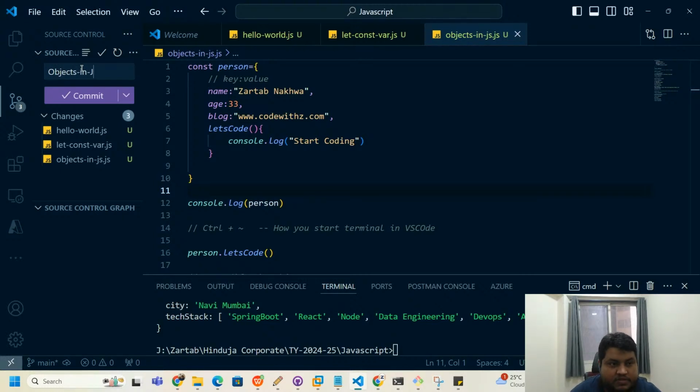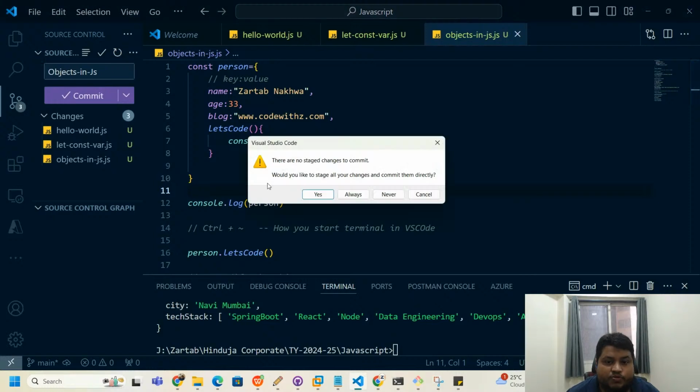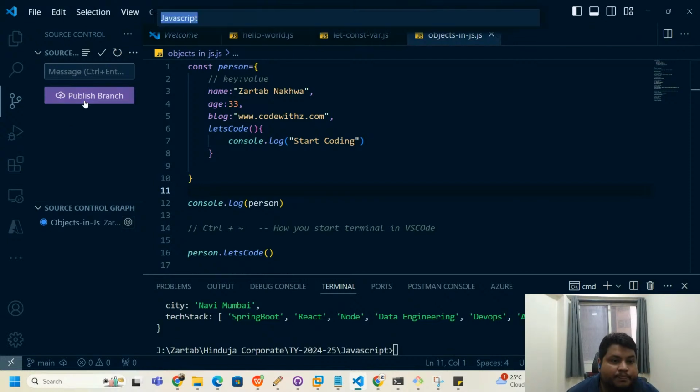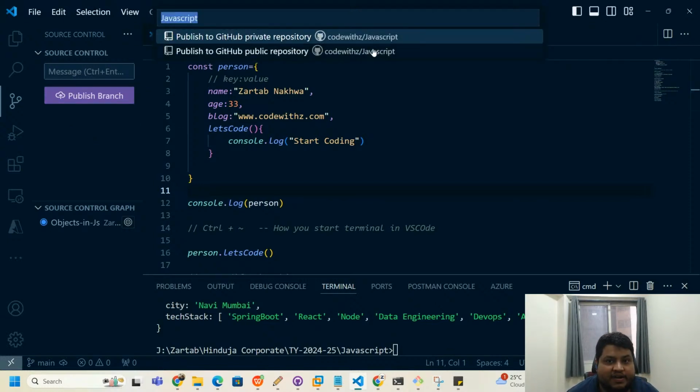in JavaScript. When you do this for the first time, this is what it will ask you. I have my account linked. When you do it for the first time, it will ask you to log in to your branch. See, it is already connected to my code with Z account. So I will just add up here